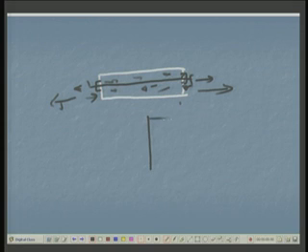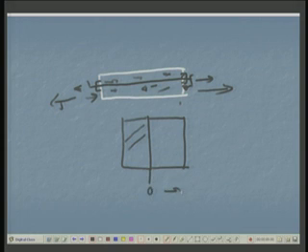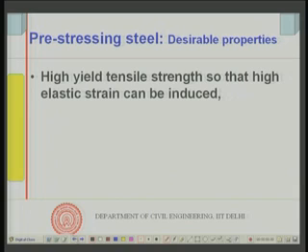If this is the compressive stress, then I apply some tensile stress. This is zero stress, this is compression, and this side is tension. So, I apply some tension on this side, it will neutralize this compression and the member will be able to withstand it. So, a pre-stressed concrete member will be able to withstand a certain amount of tensile stress, because concrete itself is weak in tension. By pre-compressing it, I can make the concrete withstand some tension and flexure. The details are not really a part of our discussion at the moment.